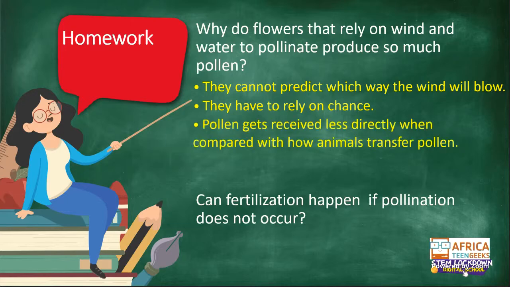And then the last one, pollen gets received less directly when compared with how animals transfer pollen. So if you take the bee, for example, pollen sticks to their bodies, and when they move, the pollen,